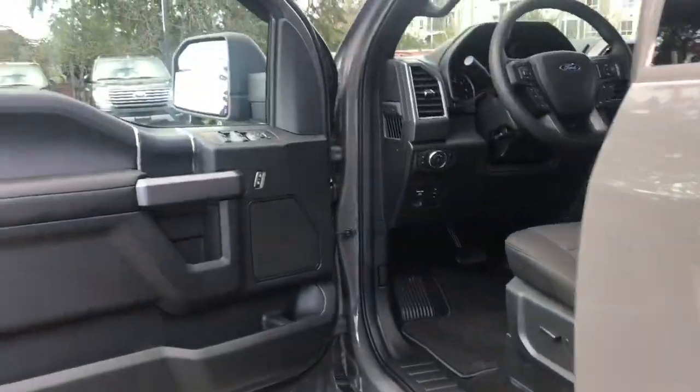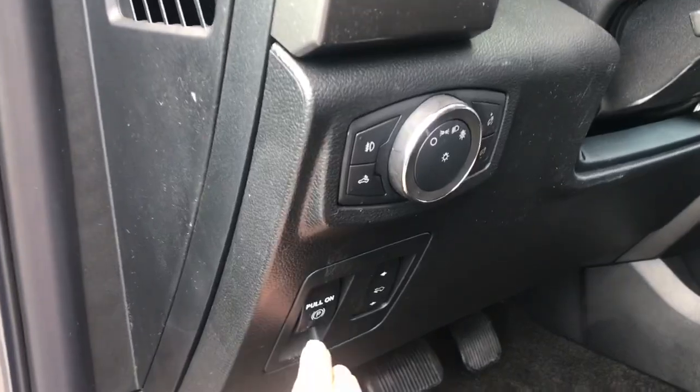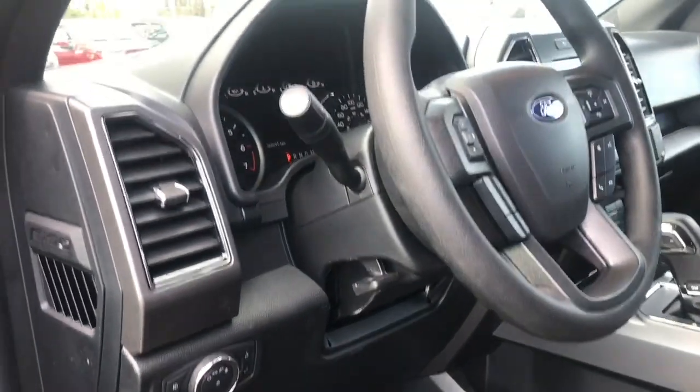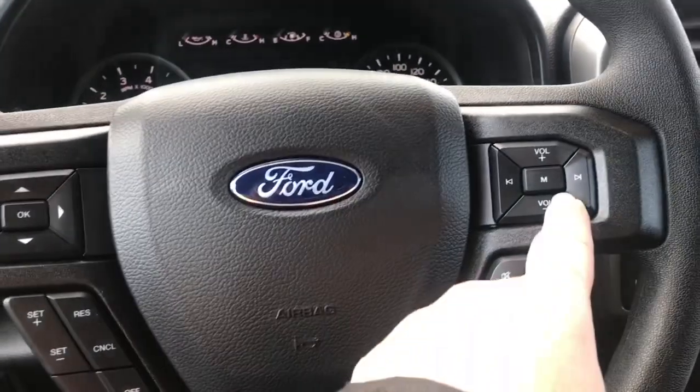Storage and speaker in the door, as well as power locks, windows, and mirrors. The driver's seat is powered with lumbar. You have your electronic parking brake located here, power pedals, lighting controls. The steering wheel can tilt and telescope, and with the help of your running board and grab handle, it's easy to get in. On the face of the steering wheel is your dash controls, cruise control, media with volume, and